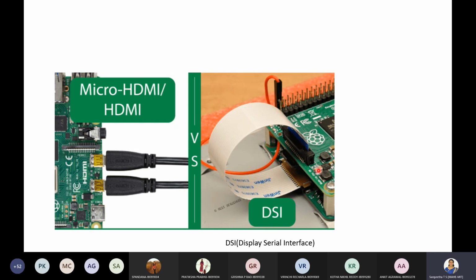The top one, what you can see, is the Raspberry Pi module, and beneath that there is one more board. So whenever you want to work with different modules or components, say, for example, in the case of Raspberry Pi 3, I think the Wi-Fi inbuilt feature is not available.